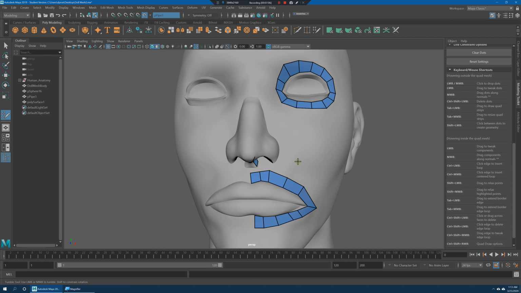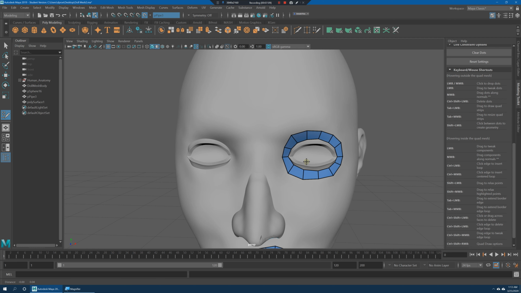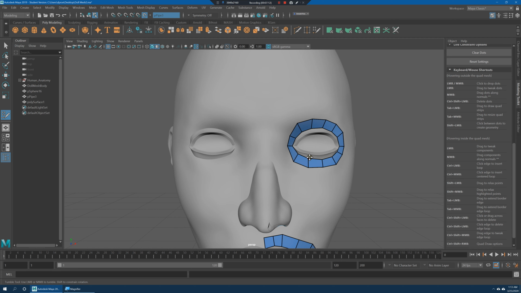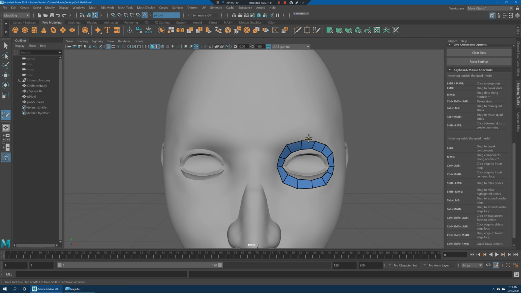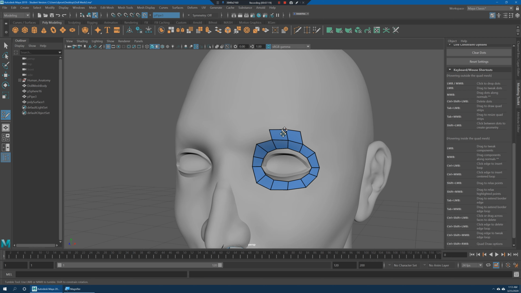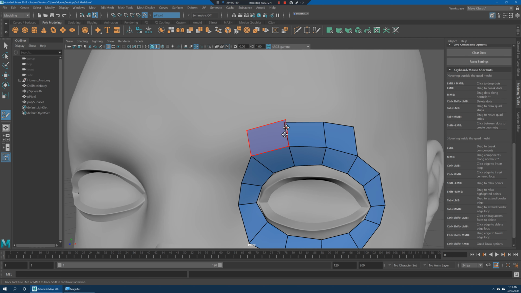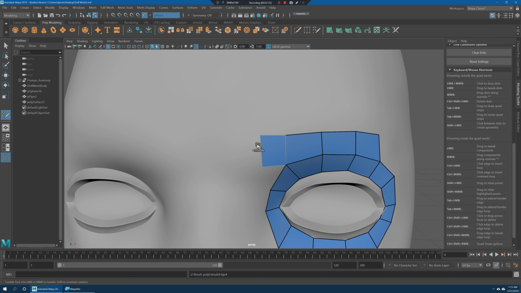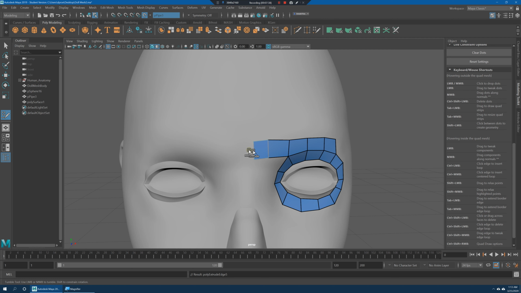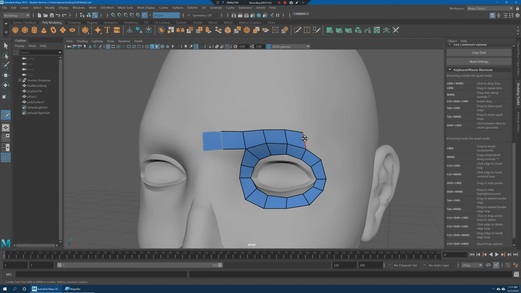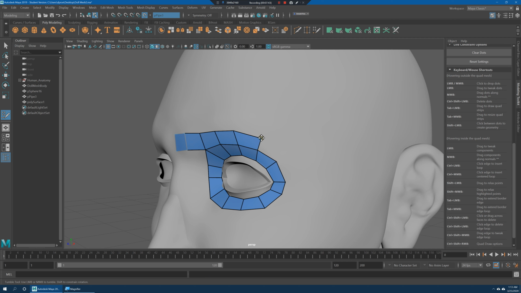Okay, next we're going to go around the brow all the way around to the cheek. And it will start from these faces right here. So maybe just extrude up the first three. So I'm holding down tab and left clicking, and then I'm left clicking on this vertice right here, and there's an auto weld going on right there. So no big deal. All right. And honestly,